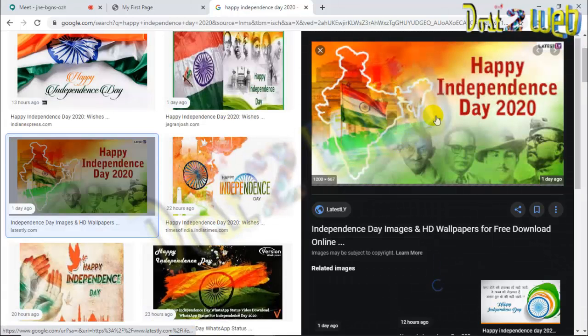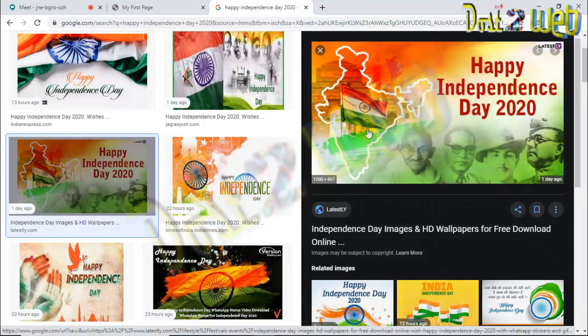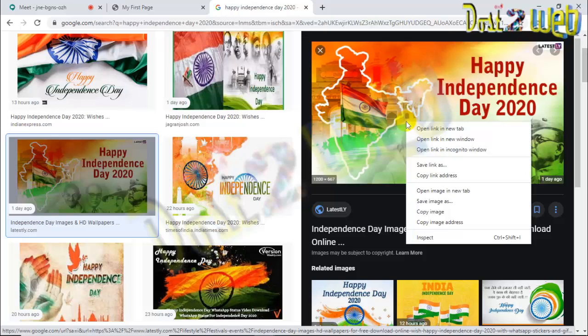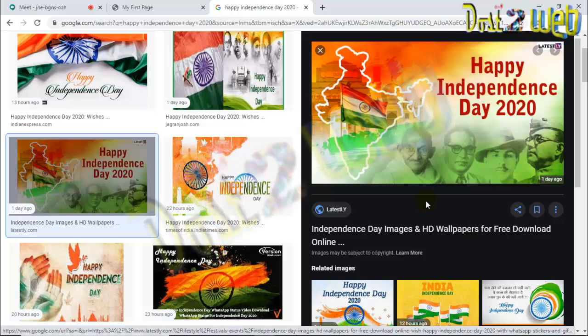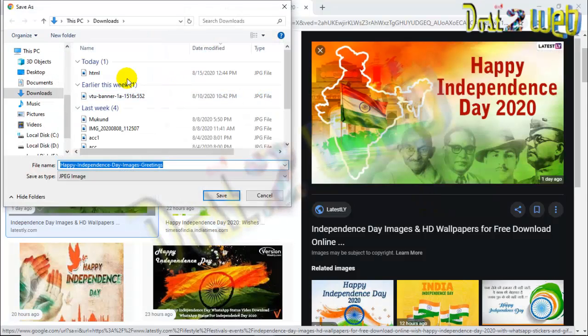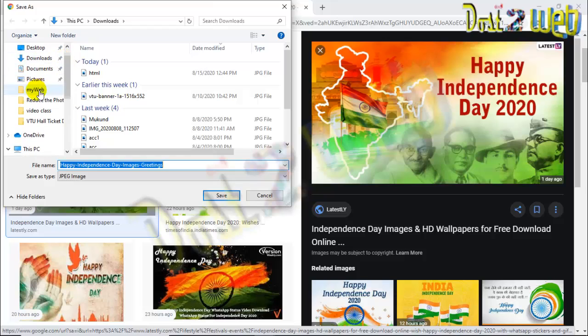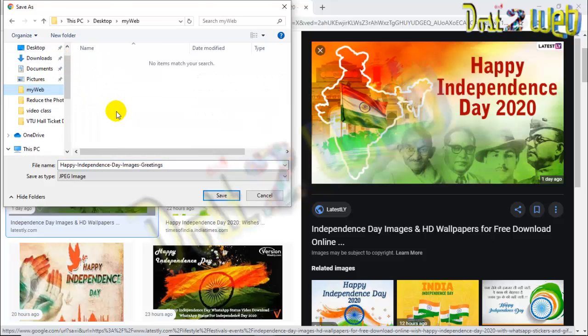I'm going to teach you two methods: one you can use from your system and one from the internet. So I'll save this image. Right click, save image as. We have made a folder on the desktop, right? Wherever you have your folder, you can either create a new folder called image, or directly save it there, and make sure there is no spacing.